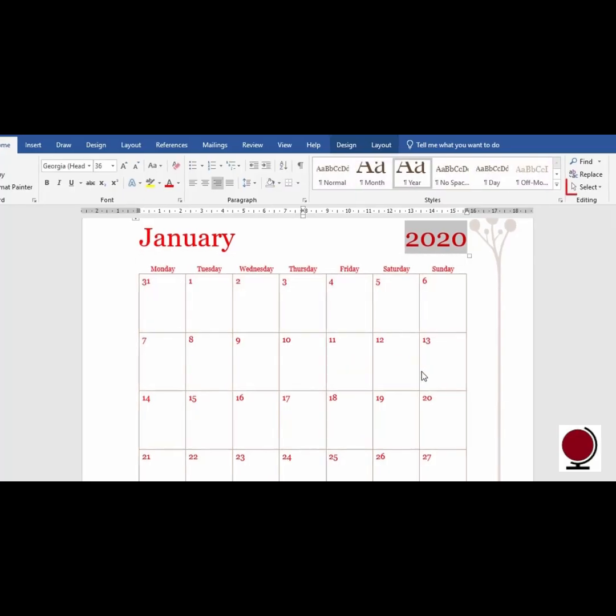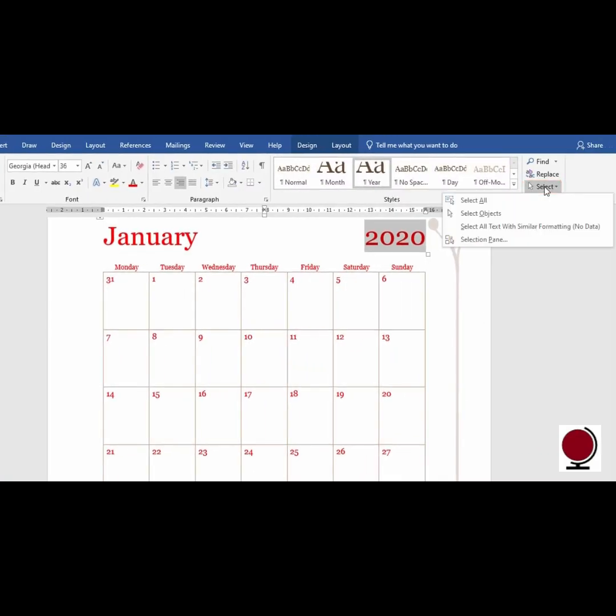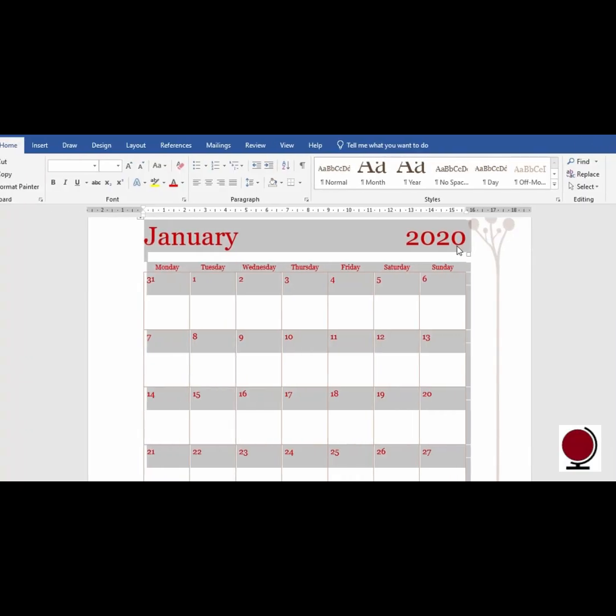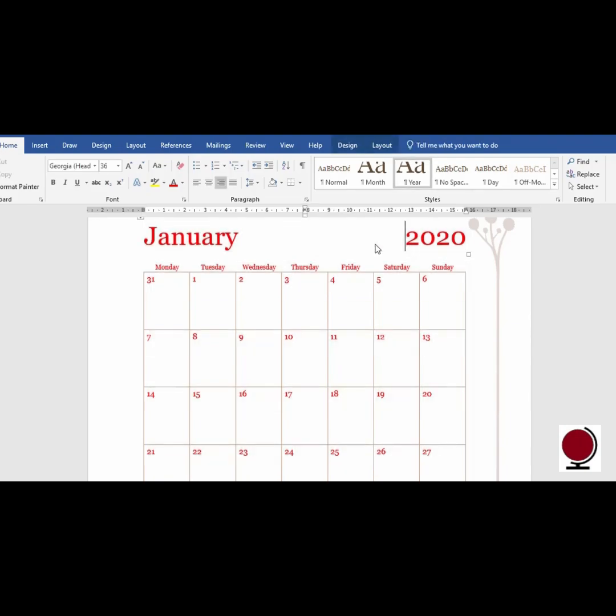close the window. Click Select and then select All or press Ctrl+A from the keyboard to select all the text in the document. You can use the command to change the font size or color of all the text in one go. You can use Select All Text with Similar Formatting (No Data) to select text having the same format